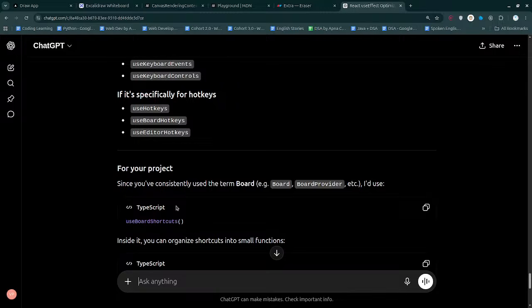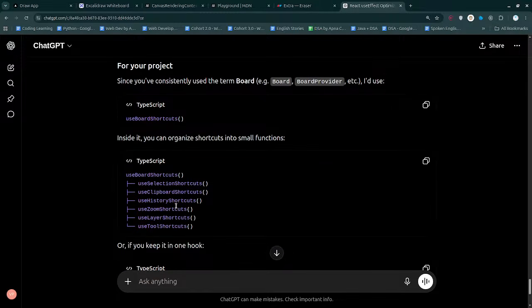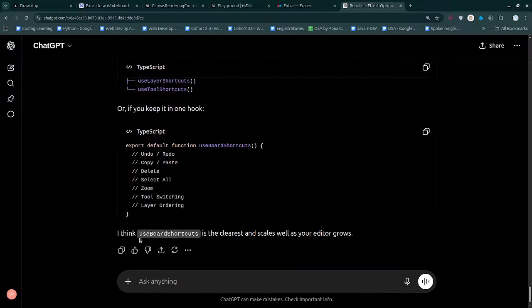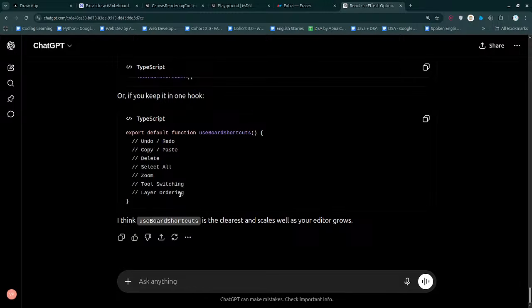Use board. So use board shortcuts, use selection shortcuts, clipboard shortcuts, history shortcuts, and all these things. So inside this there can be smaller functions. Yeah, that's what I want to do. Let's continue. We have to create shortcuts for all these, at least for as many as possible. Let's try it